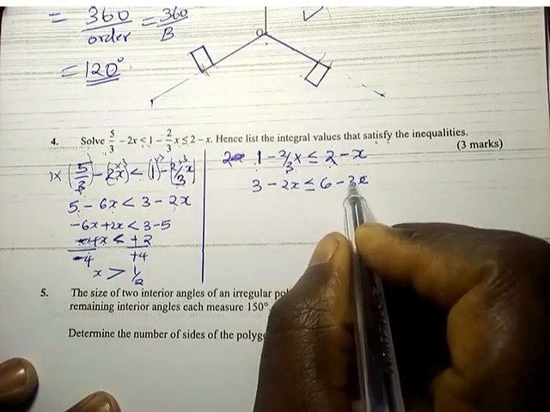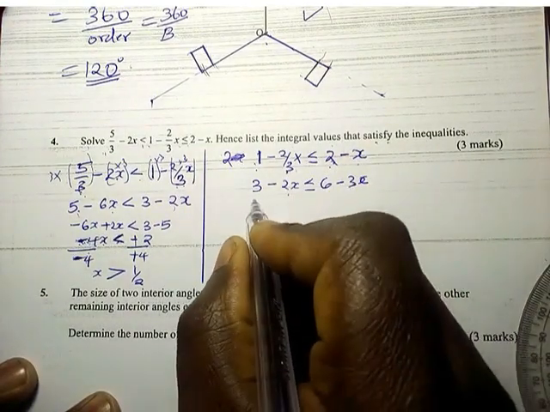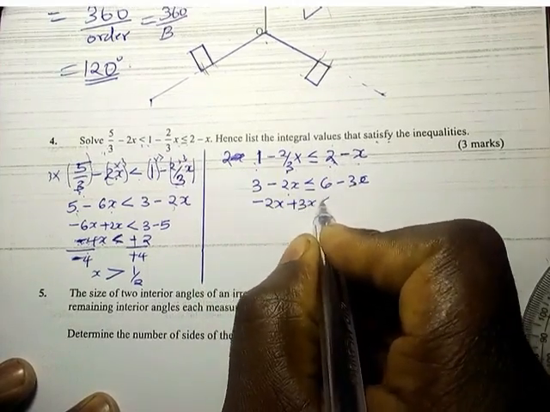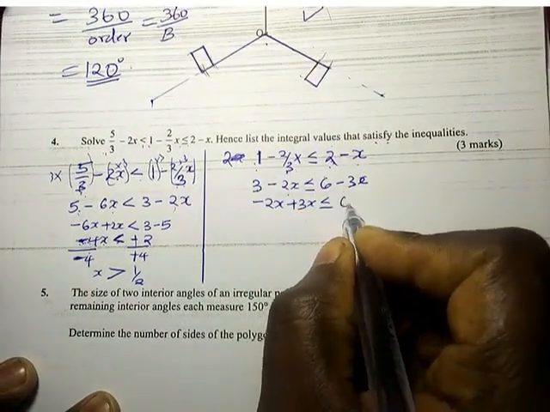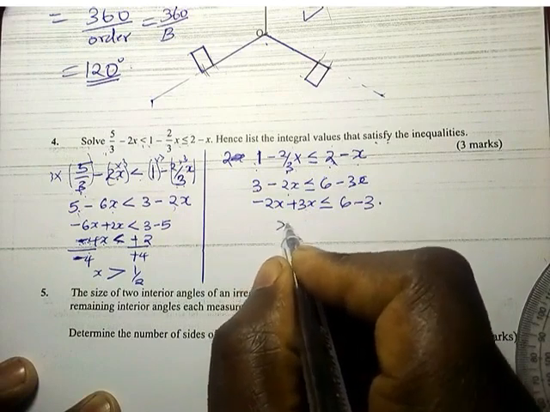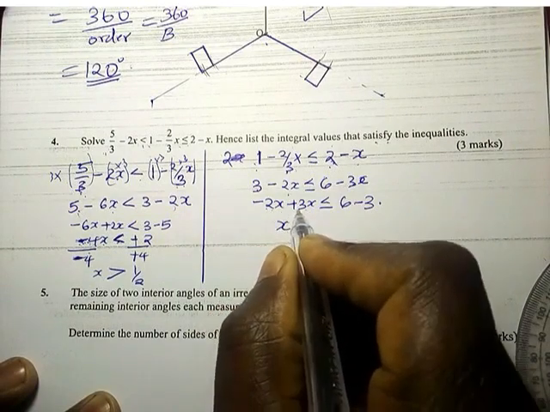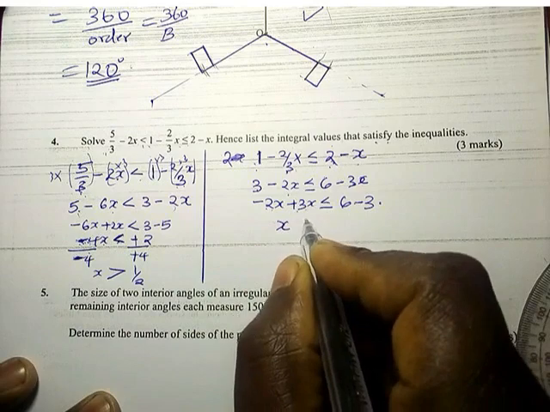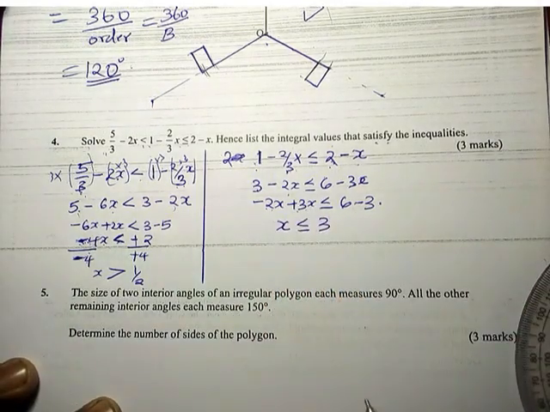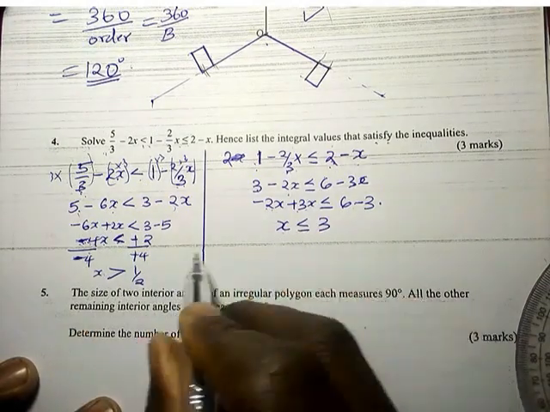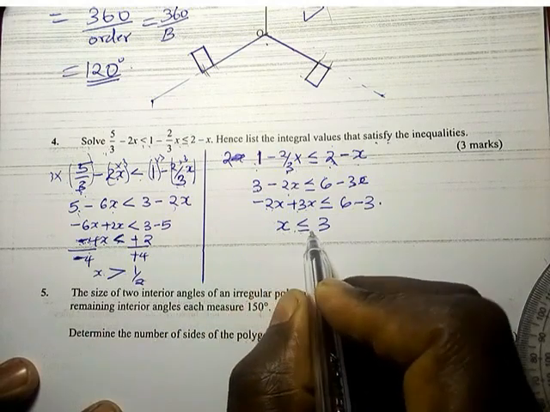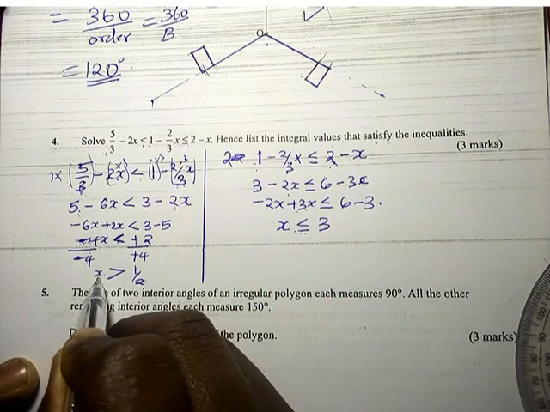So like terms together, tulete hii hapa, itakuwa negative 2x, hii kikuja hii itakuwa plus 3x is less or equal to, hii kikuja pande itakuwa 6 minus 3. So tutakuwa na x, because negative 2 plus 3 itakuwa 1 positive x is less or equal to 3. So now we have our two values of x. Sasa let us combine this value of x and this one. So tuko na hii nasema x is less than or equal to 3 na tuko na hii x is greater